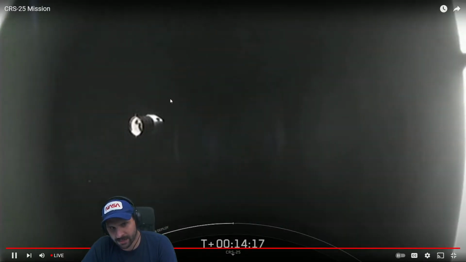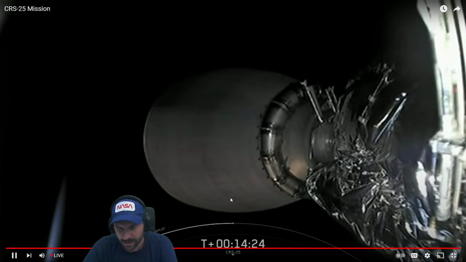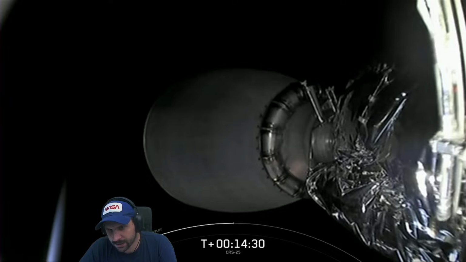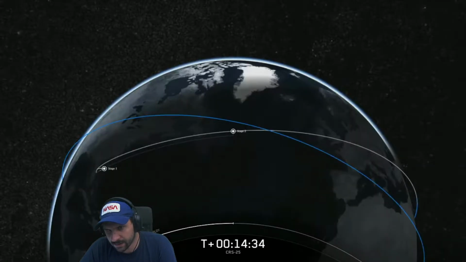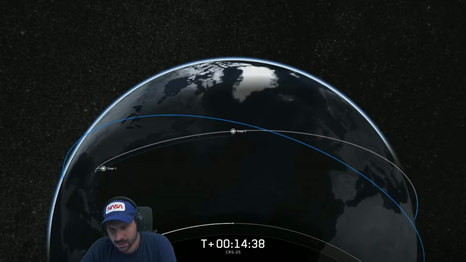All right, we don't have a loss of signal just yet. It should be coming up on a loss of signal through Newfoundland in a moment, but they should have a reacquisition of signal real quick through a handover through Goonhilly in Cornwall. And we're just continuing to stand by on that nose cone deployment checkout. They haven't deployed the nose cone yet.